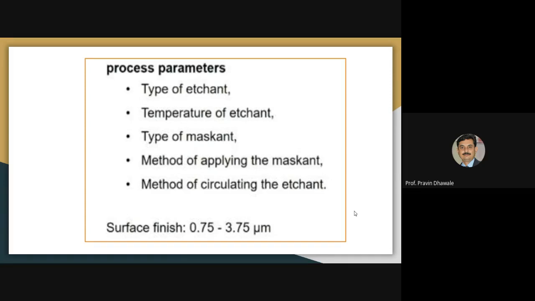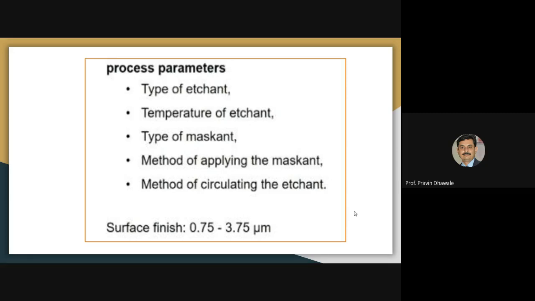Then there are different types of maskant, used by considering the different types of etchant. So the type of maskant can also affect the material removal rate in chemical machining. Which method you use for applying the maskant on a workpiece, and the method by which we circulate the etchant in the etchant tank, also have an effect on the material removal rate of chemical machining.